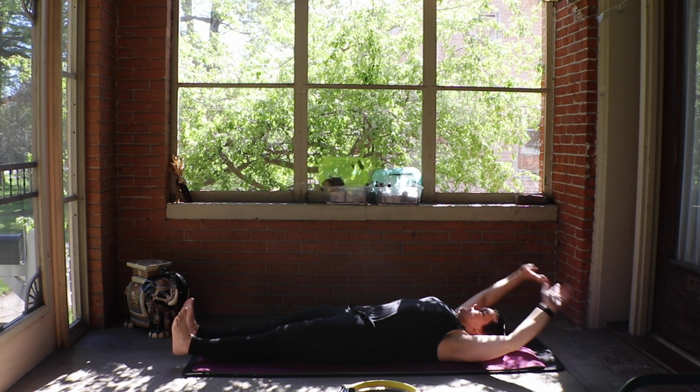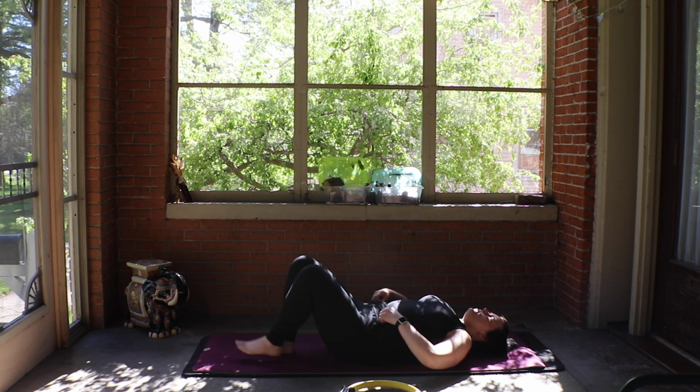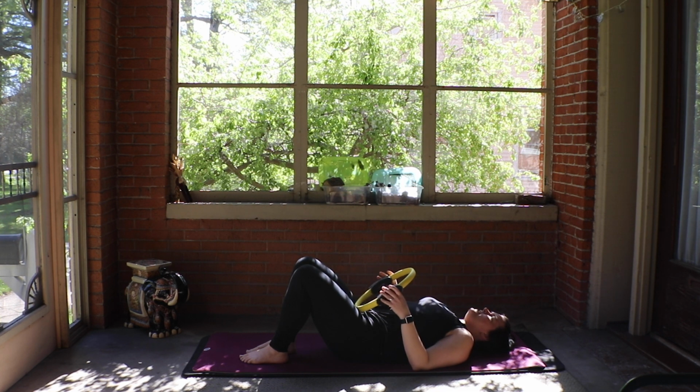Okay, so we're going to flow into some classical Pilates moves with just a little bit of bonus of having this ring for a little extra oomph. So if you've done the 100, you kind of know what that looks like. If you've never done the 100, this will be new and you'll get to see it for the first time